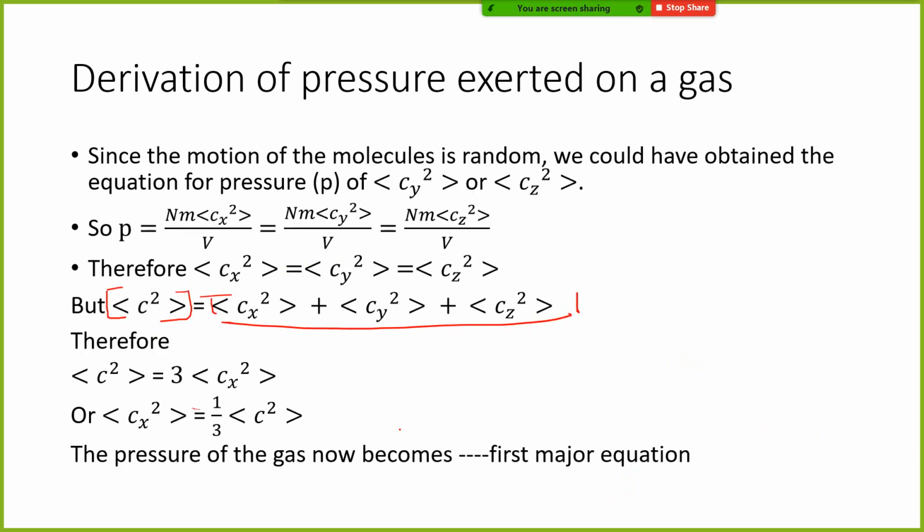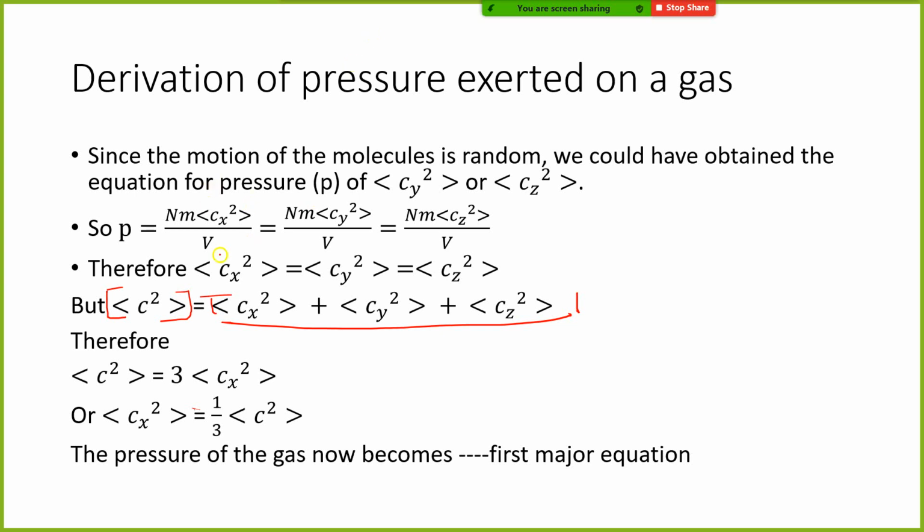What we have to understand here, guys, is that the pressure exerted on the x-axis is going to be equal to the pressure exerted on the y-axis, and also equal to the pressure exerted on the z-axis. All right? Now, it says here, since the mean square speed on the x-axis is equal to